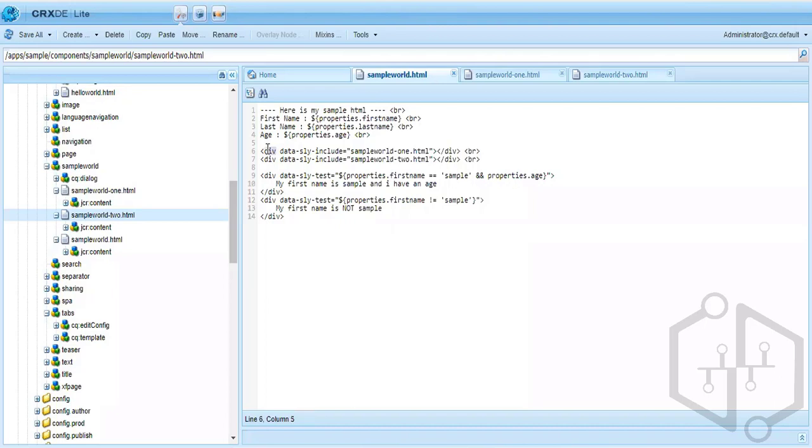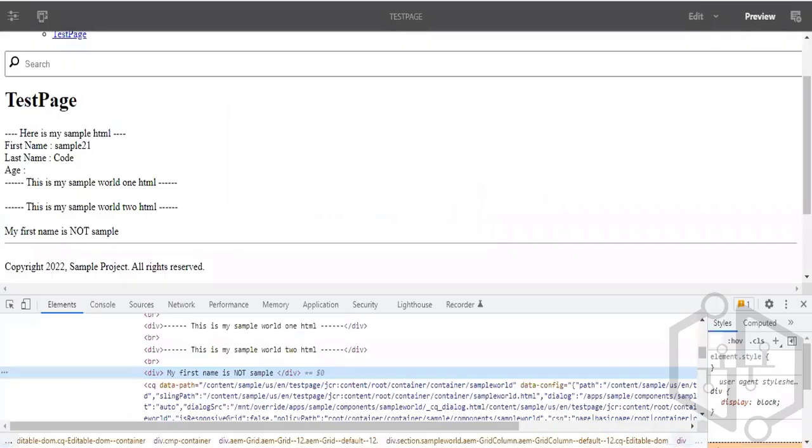So AEM provides us with a tag that is sly. Okay, so let me use just sly over here, while including the sample. So this is one tag that is being provided by Sightly. What it does is it removes any surrounding empty tags. If I refresh this,